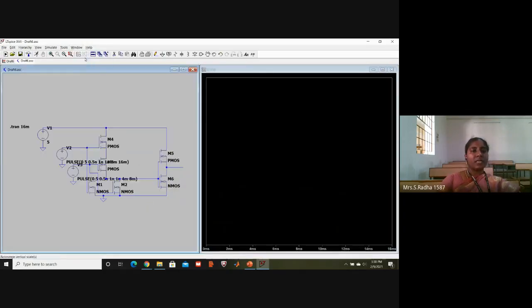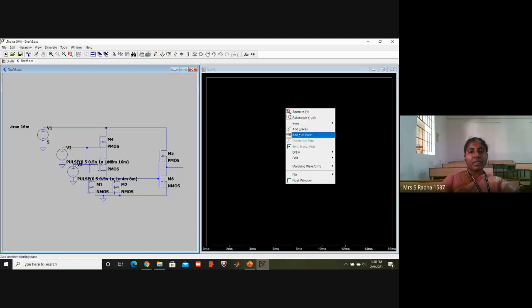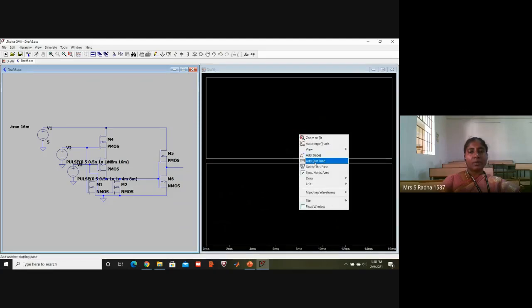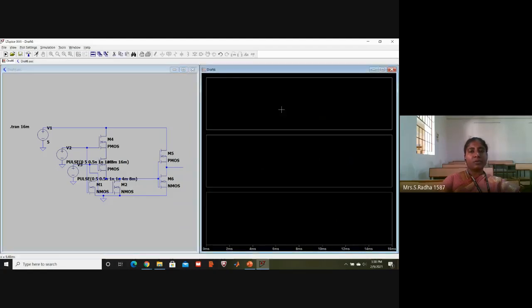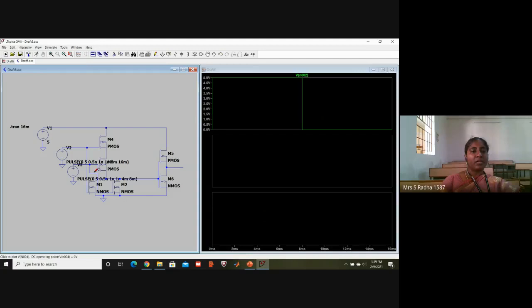Window, tile them vertical. Right click, add plot plane. Right click, add plot plane. Click in the first window. Run button. Go to A variable. Okay. Click in the second window. Run button. Go to B variable. Where you are able to catch the B correctly, you go and mark it. Output button. Run and go to this point.